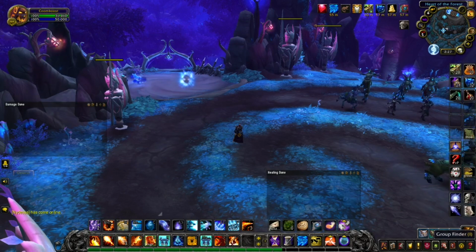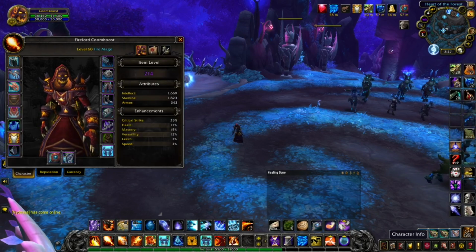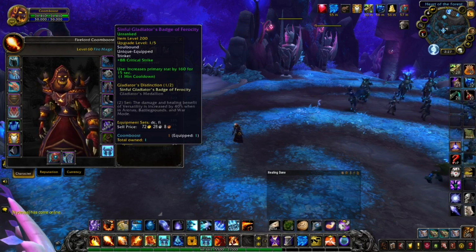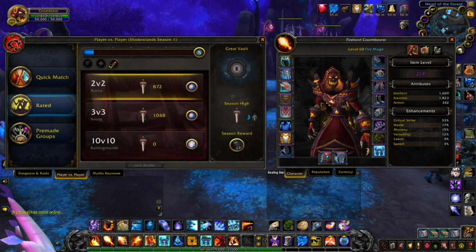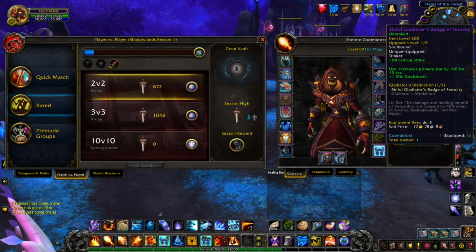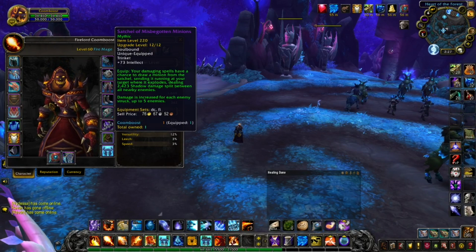And yeah, now trinkets. Let me show you what trinkets you need. So right now I have the badge, which is PvP, increases your primary stat by 160, and it's an 88 crit. You can upgrade it 5 times, but right now you have to get your rating up to 1400. Right now I'm at 1048. I need 1400 for 3s, so I need to get my rating up so I can upgrade the trinket. And I also have this trinket, which is the Satchel of